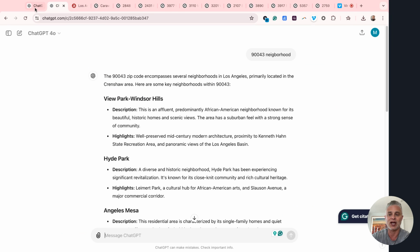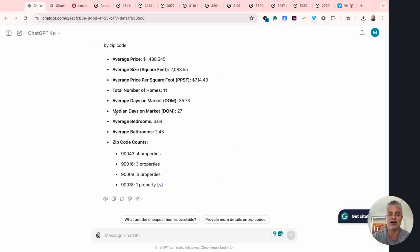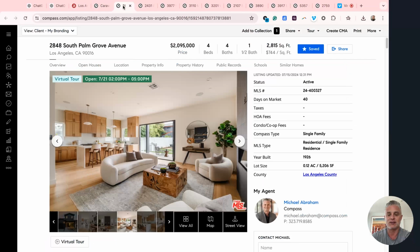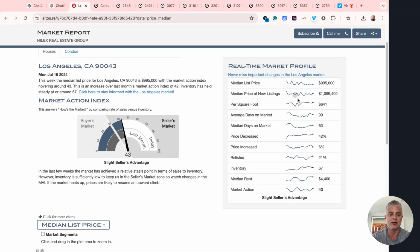I often like to look at ChatGPT to collect a lot of information on properties and then look at some of the assessments based on the ability for it to quickly calculate things. So you can see here the average price per square foot is 714. And the average size is closer to 2,000. This one here is bigger at almost 3,000. It's been on the market for 40 days,